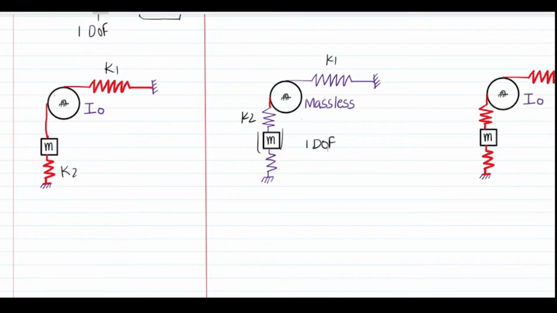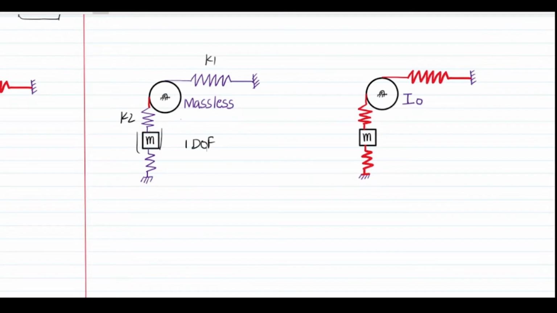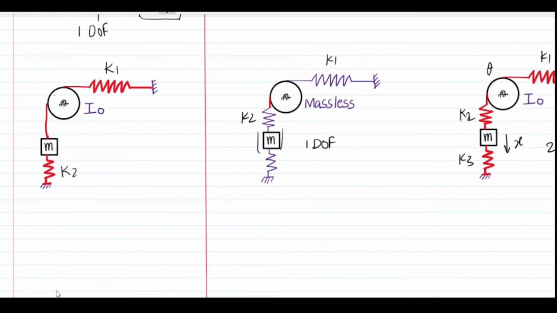Now the third case, where I have a pulley and a mass connected in between with a spring, say k2, k1 and k3. Here also we can see that the displacement given to the mass is not directly related to the theta value, and x is equal to r theta is not valid here. So this system has 2 degrees of freedom. The first system which we have seen is actually having 1 degree of freedom because the x given to the mass is directly related to theta. We can write here x is equal to r theta. There is no flexible member connected between the pulley and the mass.